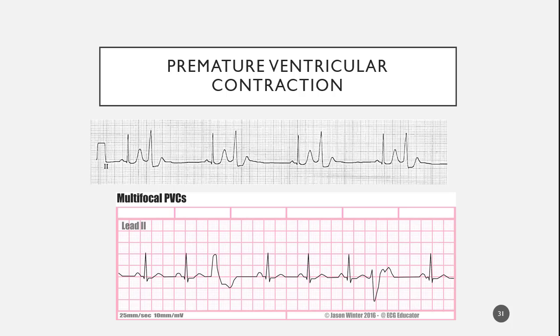Okay, and I think I understand what you're saying is that within WAP or MAT, you've got multiple different cells in the atria that are firing, creating different morphology. Yep, you're creating different looking P waves. Okay, very good. Within here, when we're looking at PVCs, we've got different cells within the ventricles that are firing,